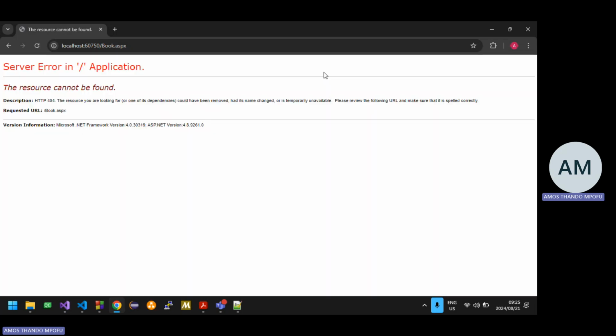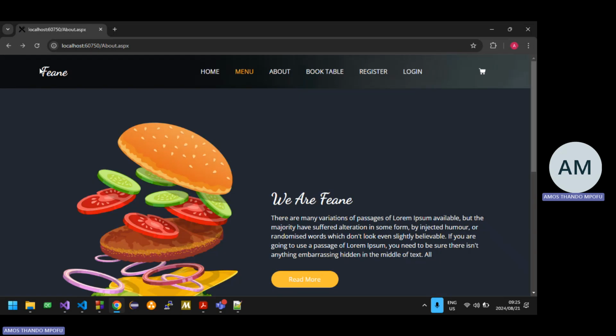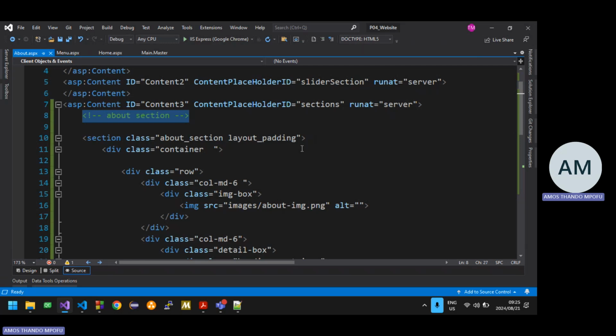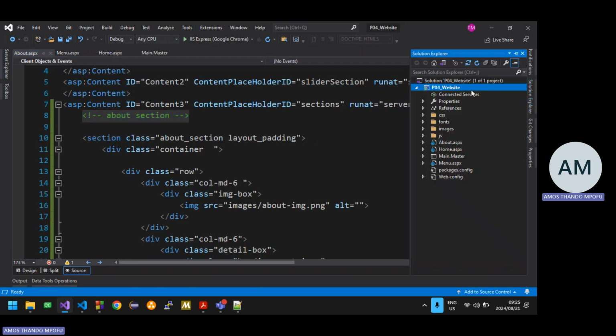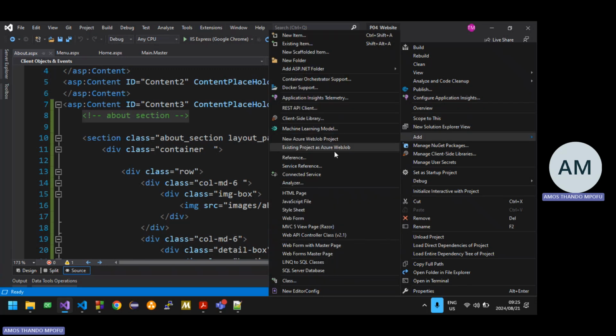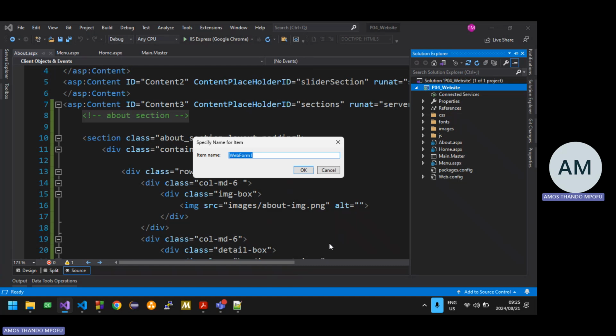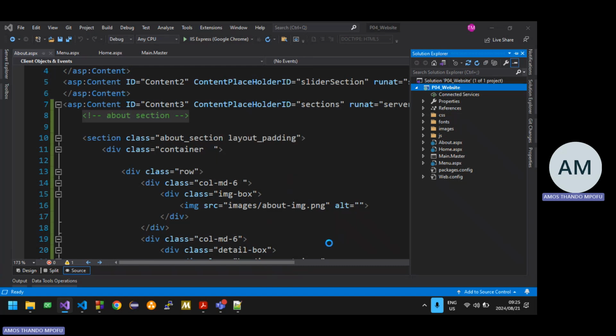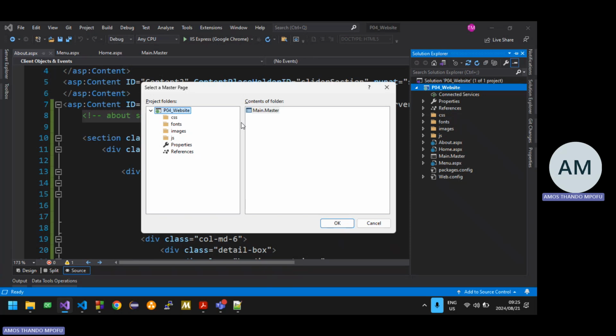And then book a table, we don't have book a table. So let me think about book a table. I don't think we'll need a book a table. We'll use the code to be able to create our register page, but we won't book a table. So, if you don't have things like register page and login page, right, you reuse one of the pages. So which pages has a form? One of the pages that has a form is the book a table page